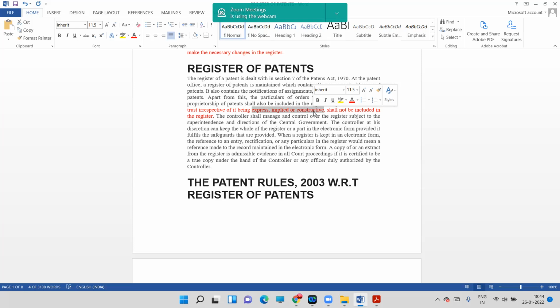Tell me the meaning of implied in the legal terms. Forced to do. Yes. Okay. So a notice of trust means